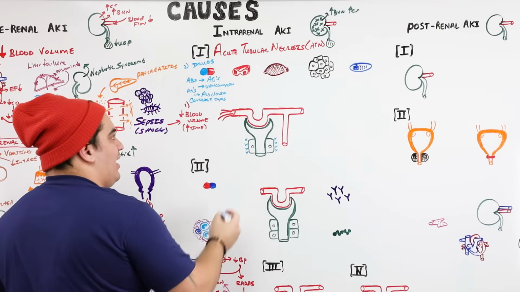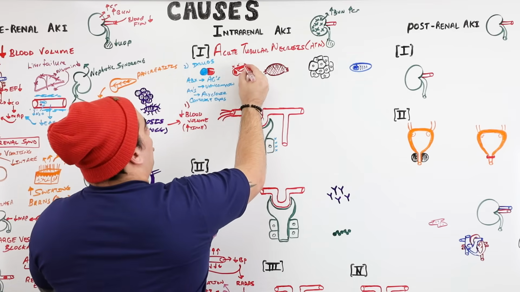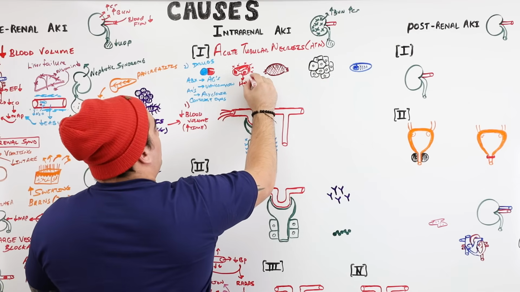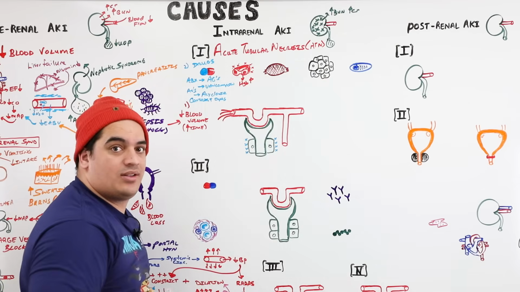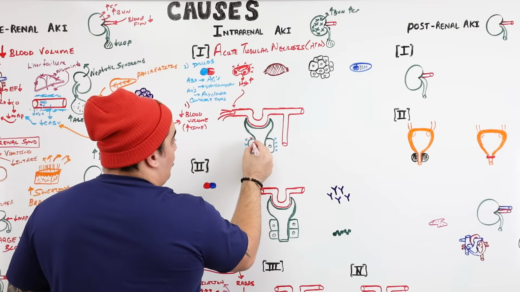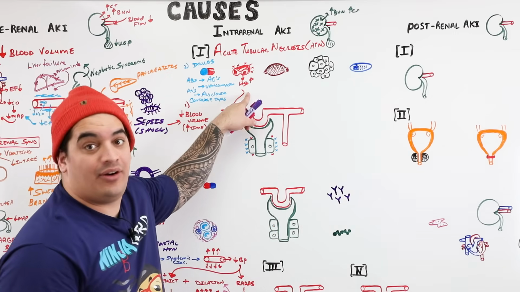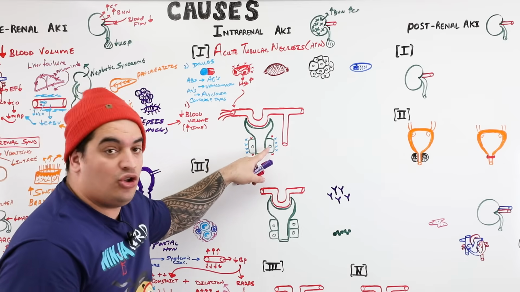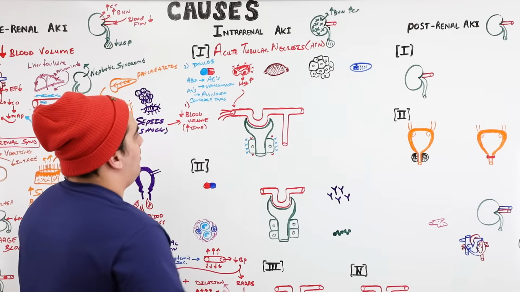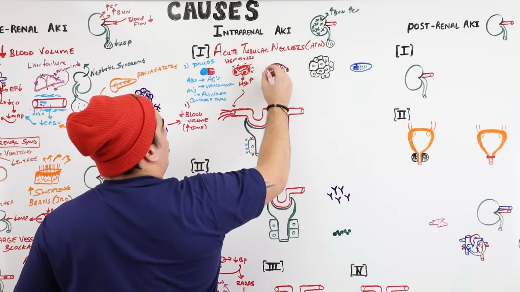You know what else can directly damage these kidney tubules? Whenever somebody has a lot of damage to red blood cells, what is that called, when you pop these little suckers open and you release a lot of hemoglobin that gets released out freely circulating? That's a nasty little one sometimes. If it gets down into the kidney tubules, the hemoglobin and the iron can get taken up into these tubular cells and cause direct nephrotoxic injury.